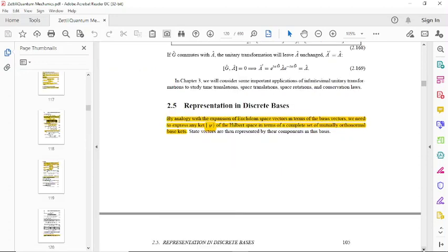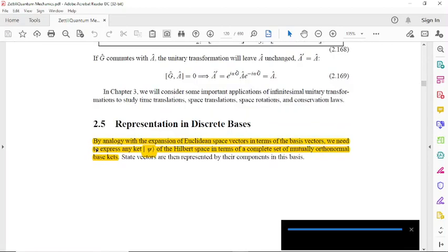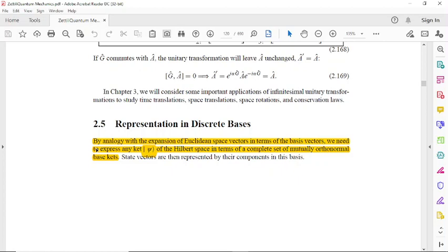Okay, now we are going to discuss the representation in discrete basis. By analogy with the expansion of Euclidean space, space vectors in terms of the basis vectors i, j, k, you already know that. We need to express any ket vector ket psi of the Hilbert space in terms of a complete set of mutually